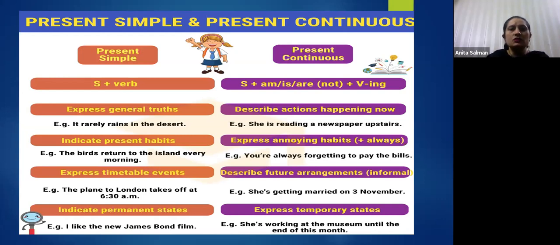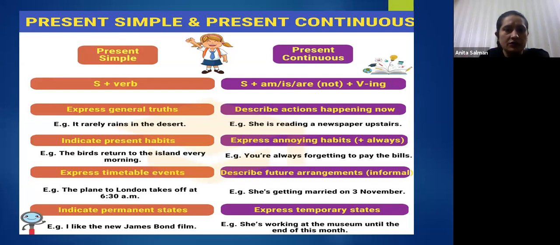It's just a sort of comparison, right, where you have to use simple present tense, and where you have to use present continuous tense. First of all, the difference is in their structure, right? The structure we have already discussed yesterday. Today again we are going to discuss the form in the next slide. Here I'm going to tell you the comparison, where you are going to use simple present tense and where we use